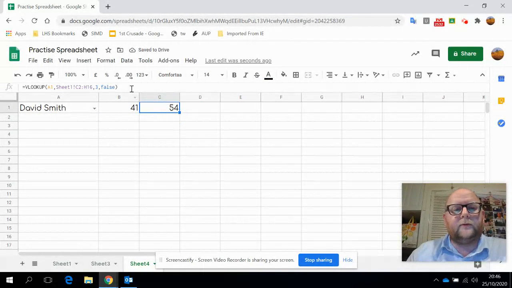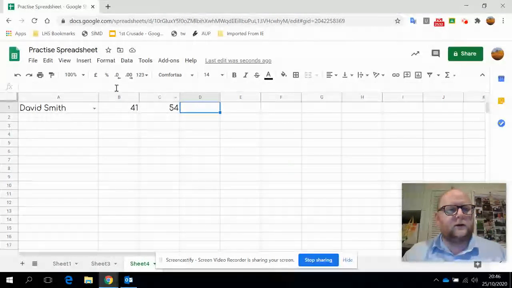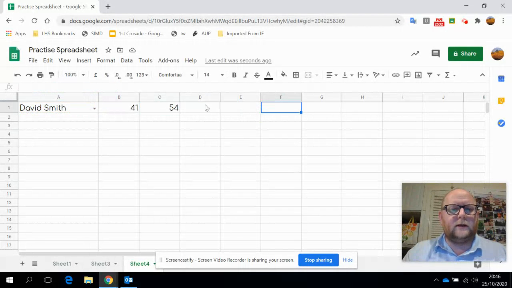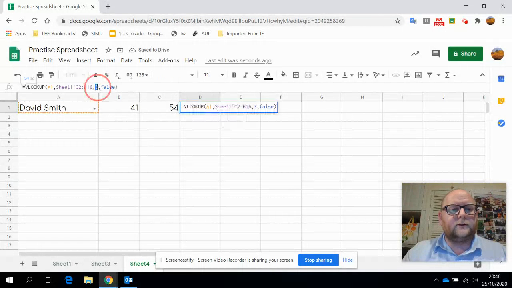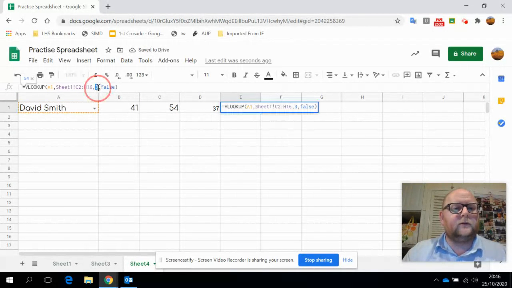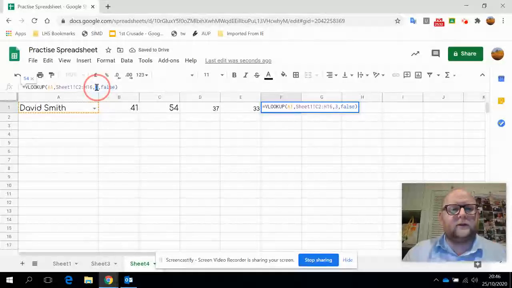We get that up. So if I copy this formula here, copy that, and then I'll go into this one, and I'll paste that formula in. Make sure I just change that to column 4. Go into the next one, change that to column 5. Go into this one, and then paste it in and change that to column 6. And I should now get